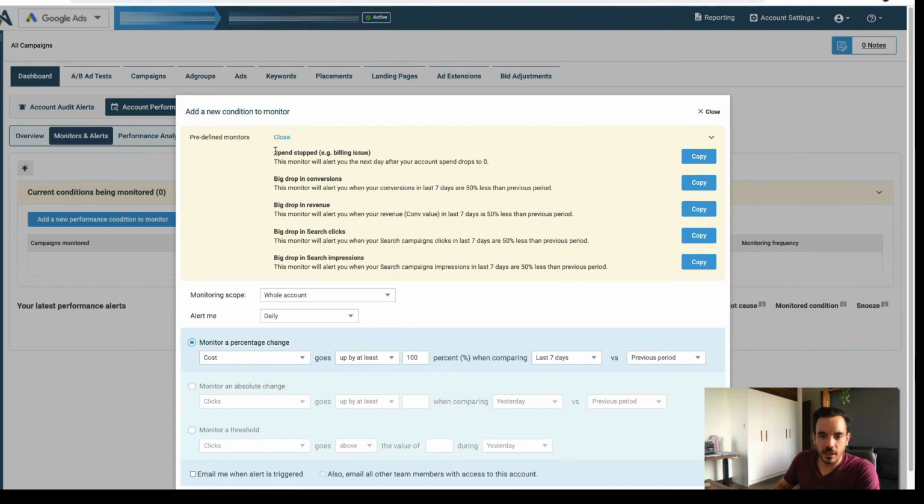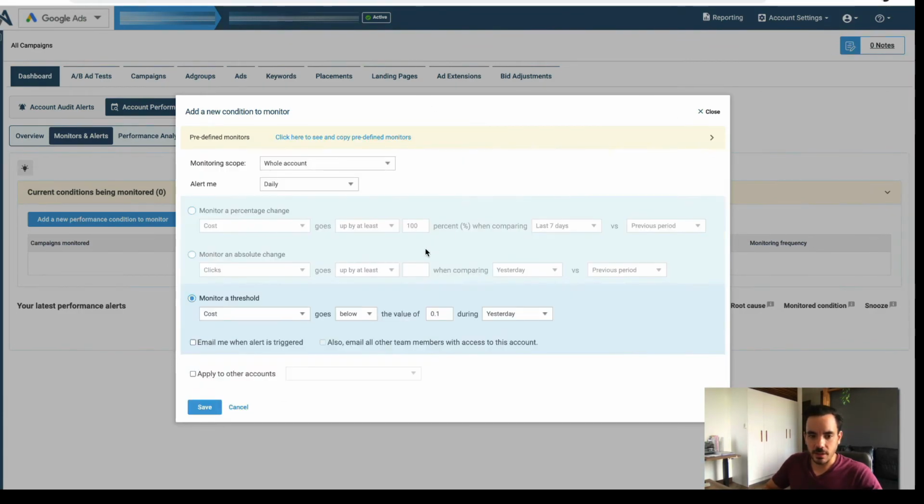Like for example, I like to have this alert on all the time, spend stopped. Like if there's a billing issue, if the spend just stopped in your account, then maybe there's an approval or a billing issue, and that's really high priority. You want to fix that straight away. So if you copy that, it's going to copy the alert settings into here. So the alert settings are monitor a threshold. So if cost goes below 0.1 yesterday, then alert me, and then you can choose how you want to be